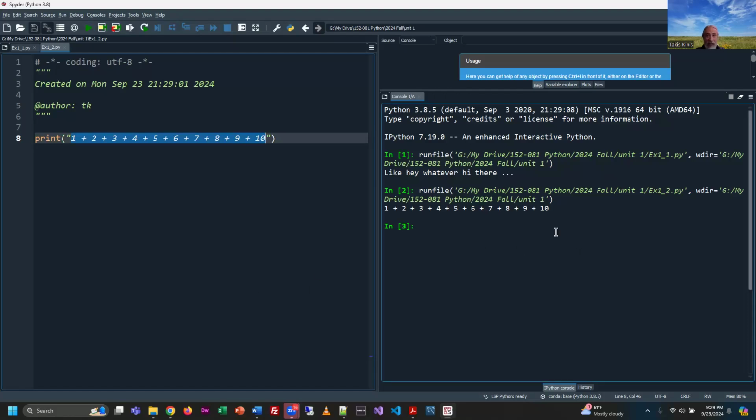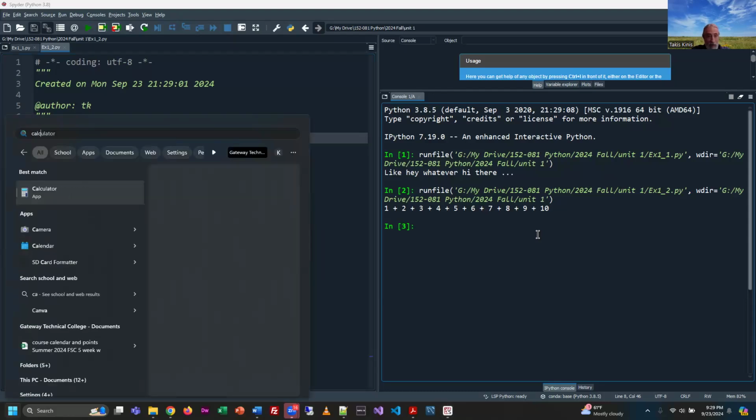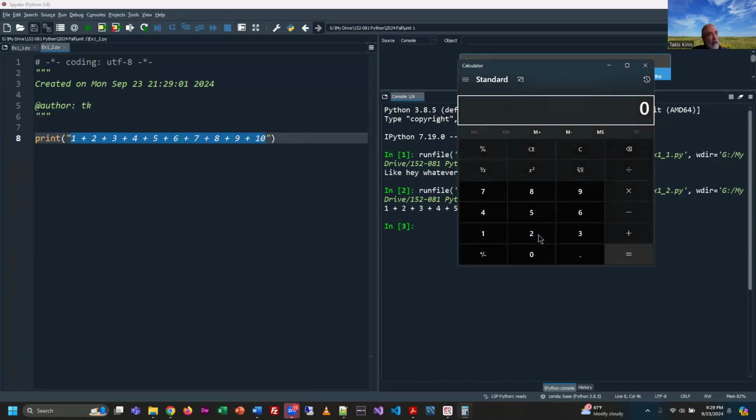It's not telling me what the answer is. I know what the answer to that equation is. Here's the other grand tip of programming. Whenever you're running math in a program, you need to be able to figure out what the answer is somehow. You can use a calculator, you can use a spreadsheet, you can use pencil and paper, but I know the answer of adding the first